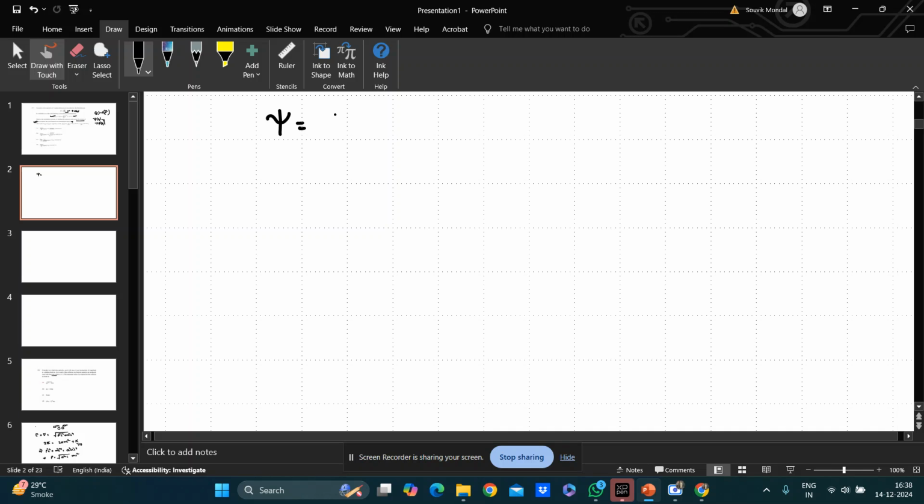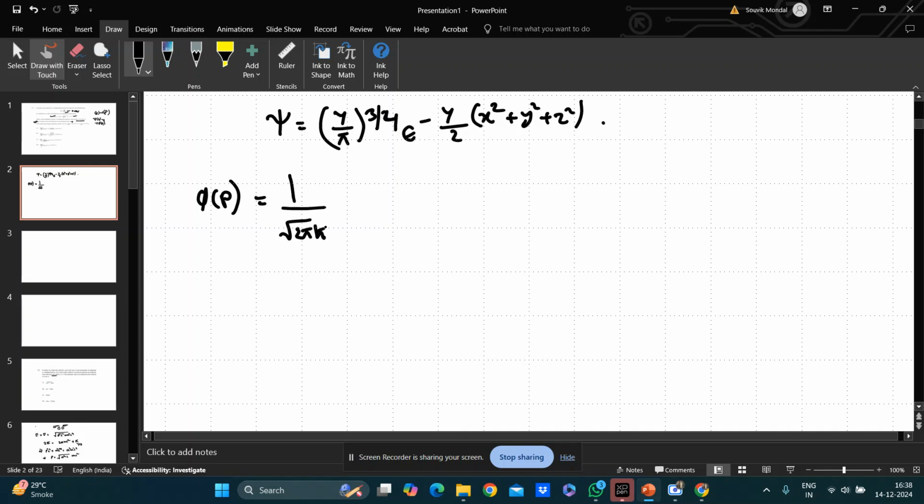Phi is (gamma by pi) to the power 3 by 4, e to the power minus gamma r squared by 2. Now be careful, r squared is x squared plus y squared plus z squared. So now what is phi p? You have to do the Fourier transform to go into momentum space. There is some constant factor, probably root under 2 pi h cross for each spatial dimension. So there will be a (gamma by pi) to the power 3 by 4 e to the power minus gamma x squared by 2, into e to the power minus i